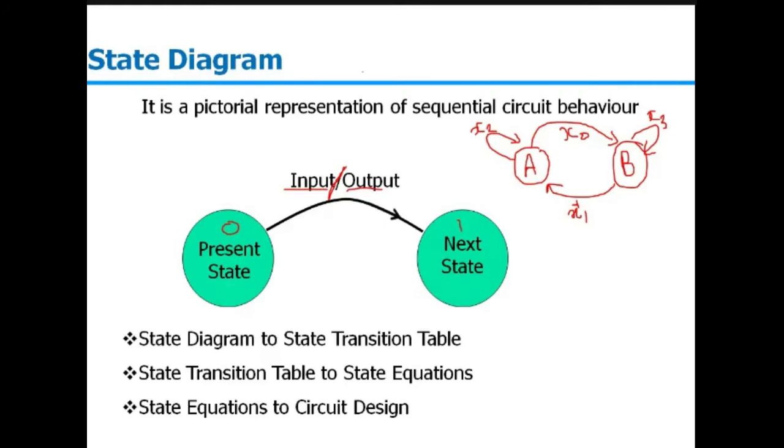If it is made of two flip-flops, in that case this A or B will comprise 2 bits. It could be 00, it could be 01, it could be 10, or it could be 11. Similarly, if we have 3 flip-flops, it will comprise 3 bits, so a total of 8 combinations will be there. So depending on how many flip-flops we have, the number of bits or number of states will vary. So A and B are the number of states only.